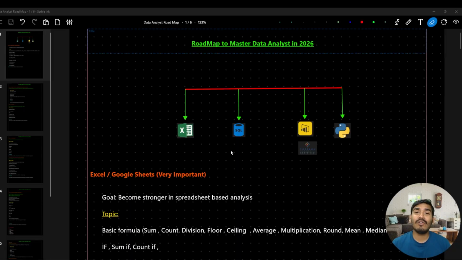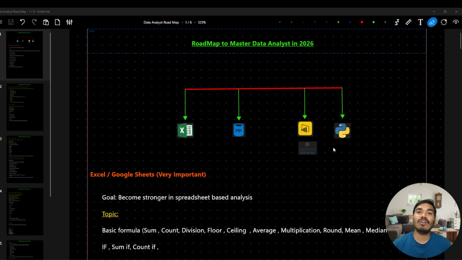If you are a working professional with domain expertise in sales, marketing, HR, cybersecurity, procurement, or supply chain, then adding some tools knowledge can make you a data analyst in 2026. But if you are a fresher, by mastering these tools, you can also start your journey as a data analyst in 2026. So let me share my screen and show you what tools are required to become a data analyst in 2026. There are four different pillars of a data analyst: Excel, SQL, Power BI or Tableau, and